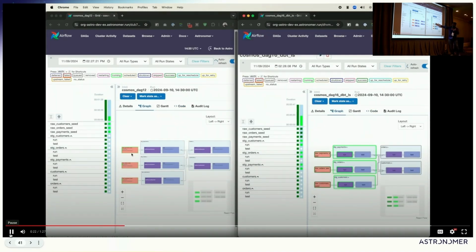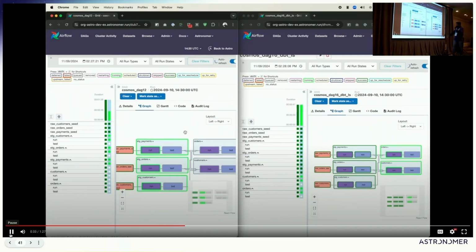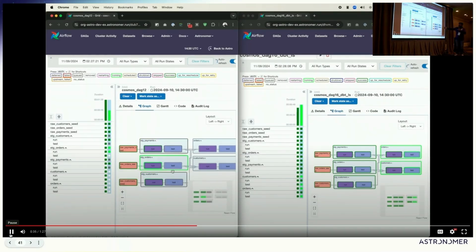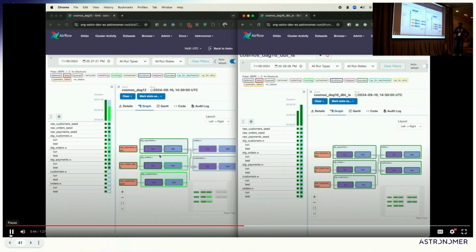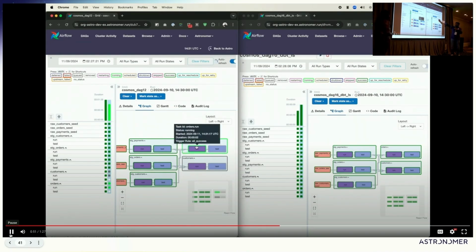Over here it's already progressing, so many tasks are already running and some of them are completed. Over there, it's still in queuing state. This is what we are going to cover soon: it remains in queued state for a long time. And you see here, this DAG is about to finish, and this one is still processing the earlier nodes. That's what we are going to see, how we optimize this. And you see it's done in less than a minute. Over there, it's still running. Oh my God, it's taking a long time.